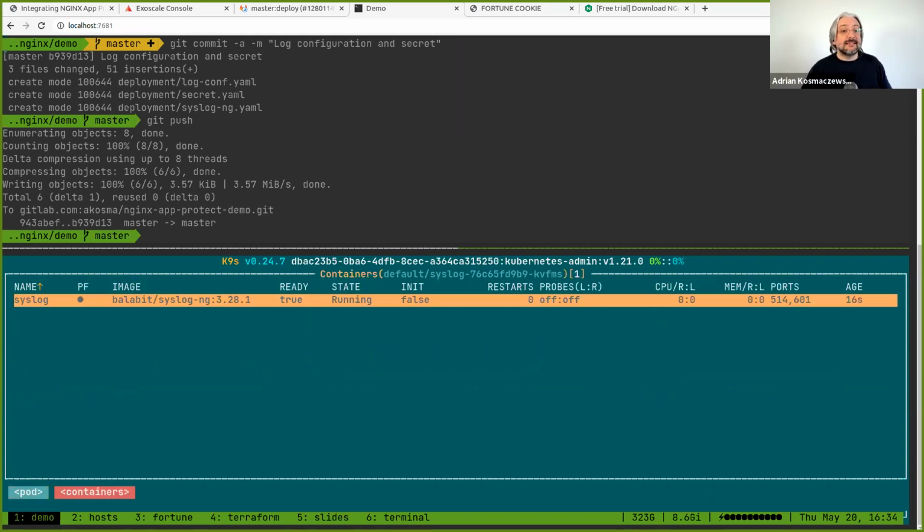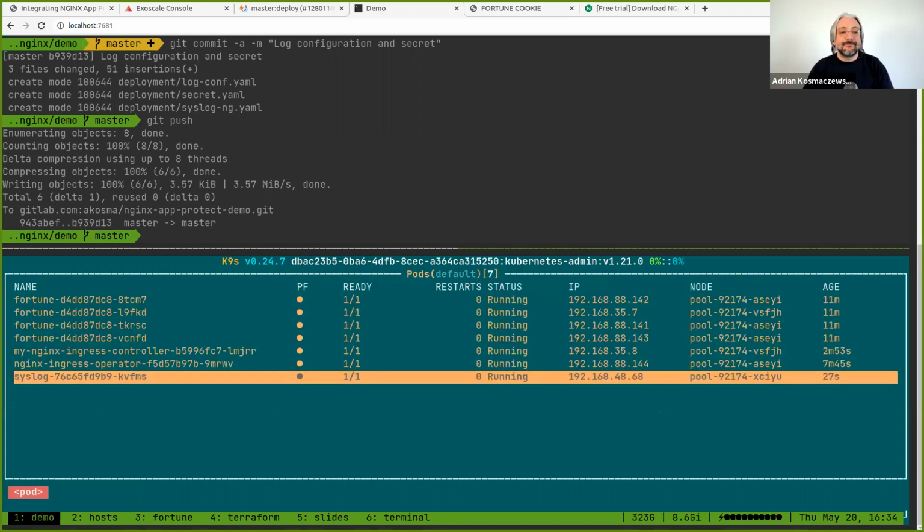This component is an instance, a pod with the container Balabit syslog-ng. It's basically an implementation of the syslog protocol, and we can have logs running inside of our cluster very simply. And then I'm going to use this later on to show you how it works. Very good. So having done all of this,